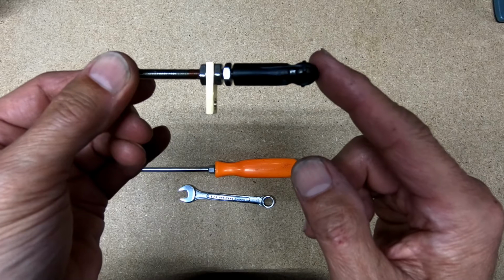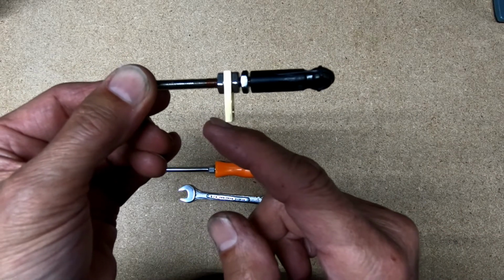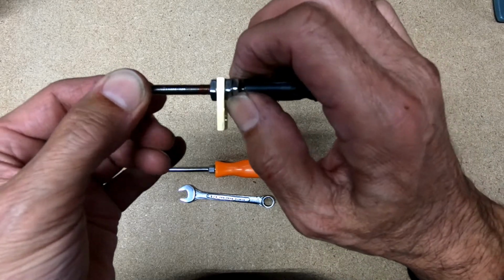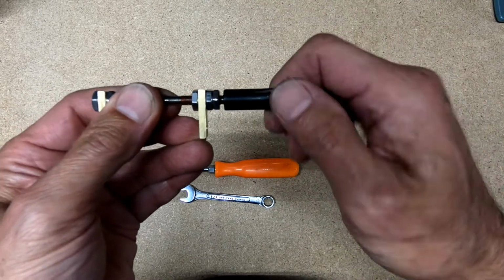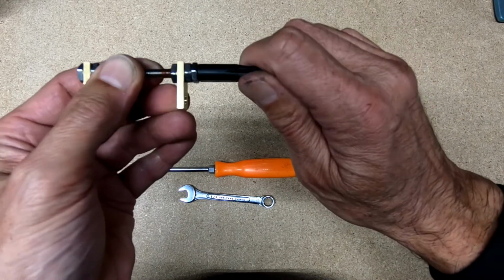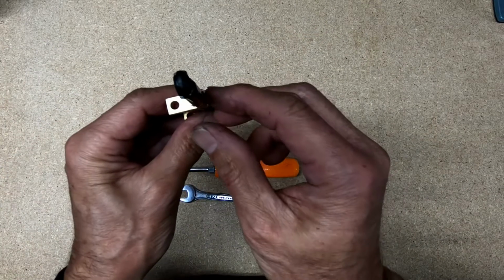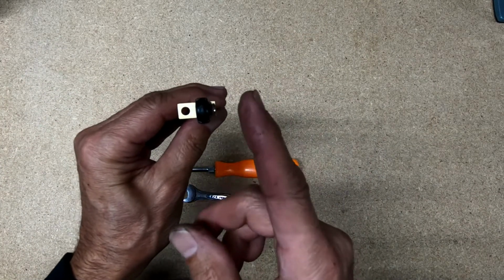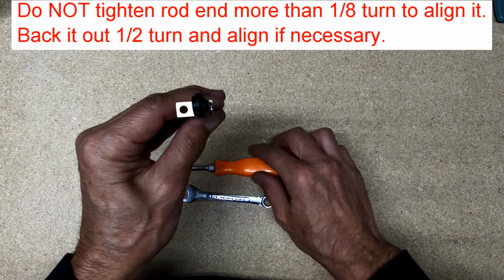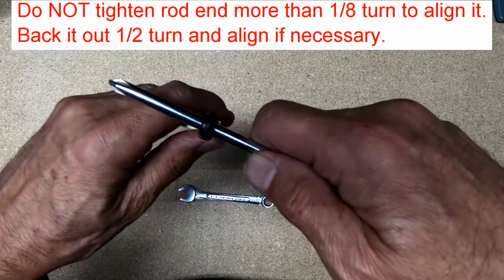Now we've taken the rod end and threaded it onto the slip assembly supplied with your iTroll kit. Tighten the first nut down all the way against the second one, then tighten the rod end as far as it'll go. Now we're going to align the rod end with the slip link. The rod end is just about perpendicular with the long axis of this slip link. You can usually tighten the rod end